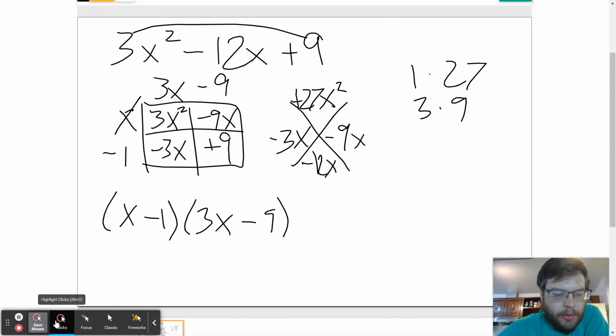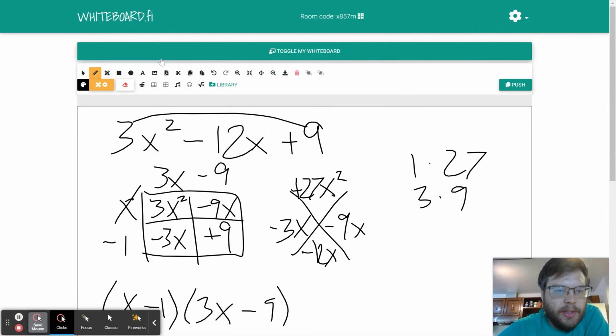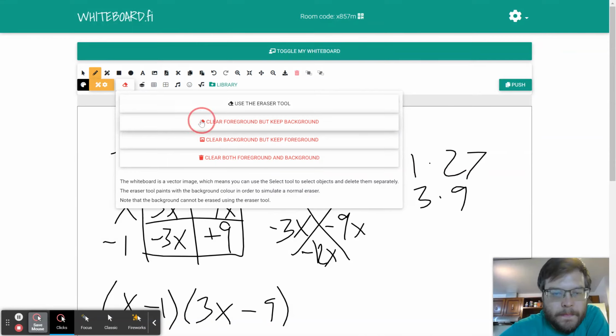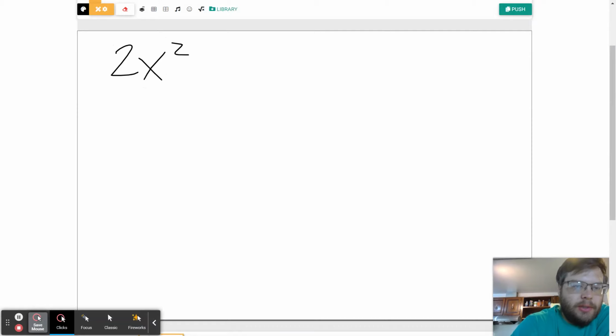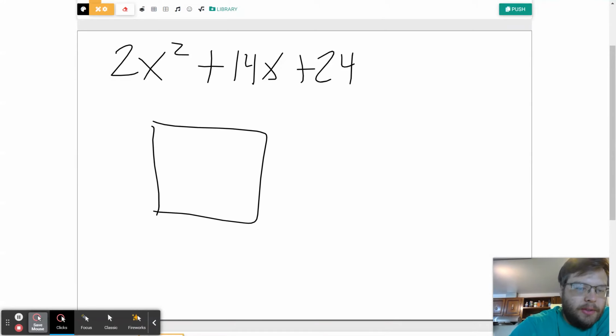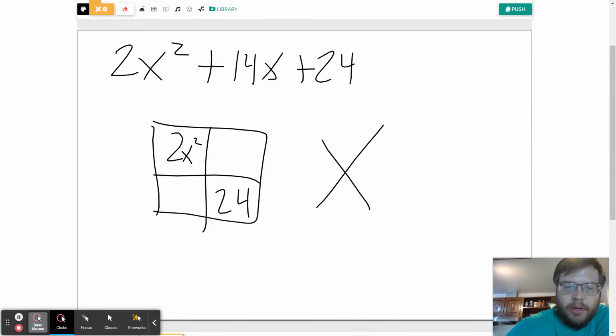I'll do one more really quick for you all just to see it done one more time. So let's do another one. Let's do 2x squared plus 14x plus 24. Draw my box. 2x squared, 24. Draw my diamond. I put 48x squared on the top,